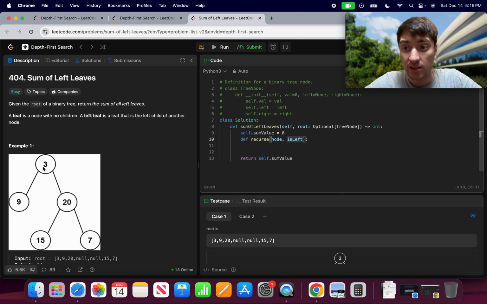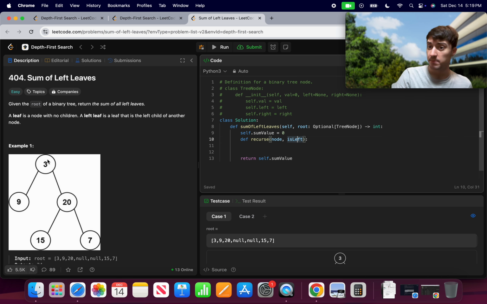been any left shenanigans going on in the path leading up to the node that I am currently at. So then once I get to a node, let's take this one. This is the right. So I pass in this as my root, and initially I have this as false. So I pass false in,